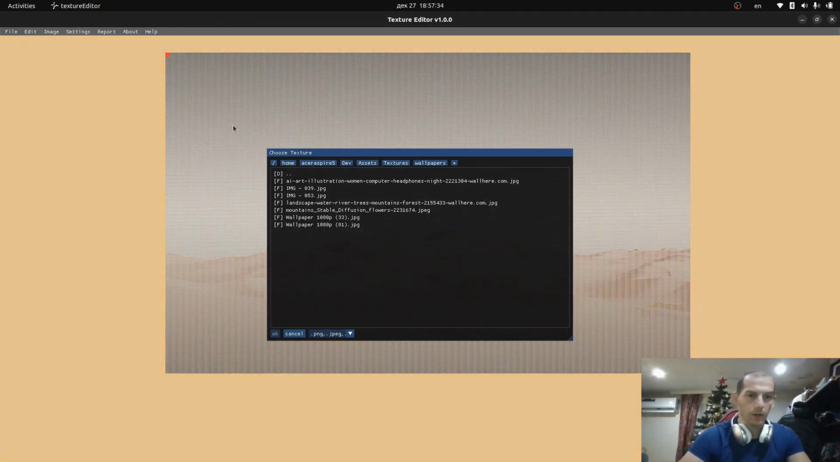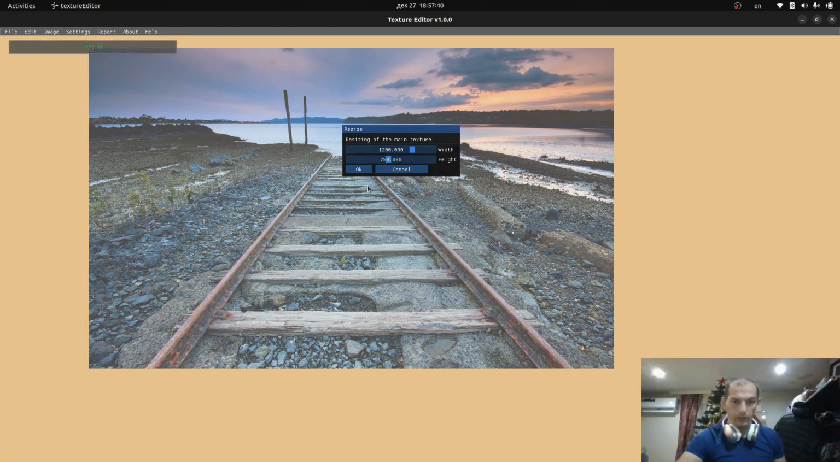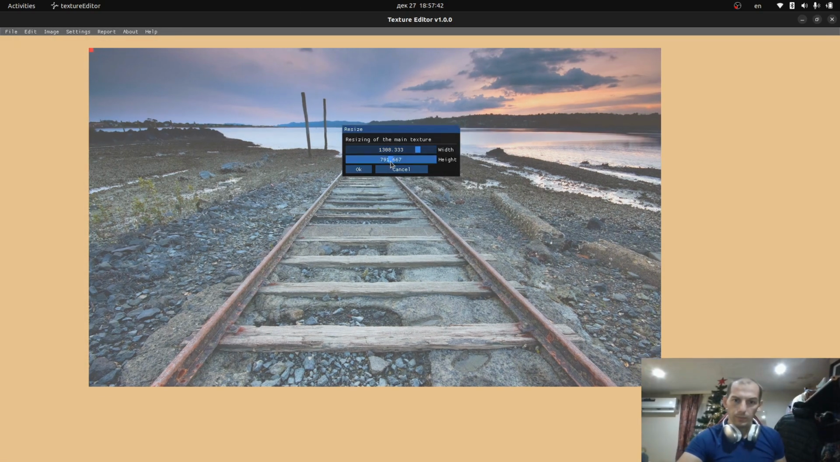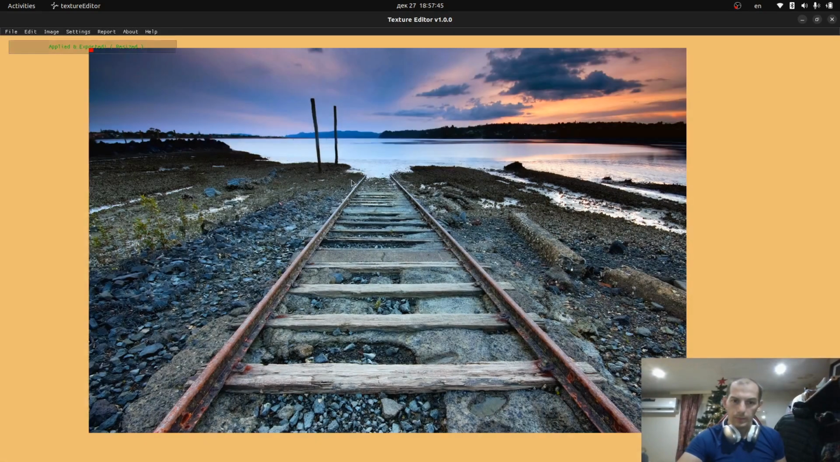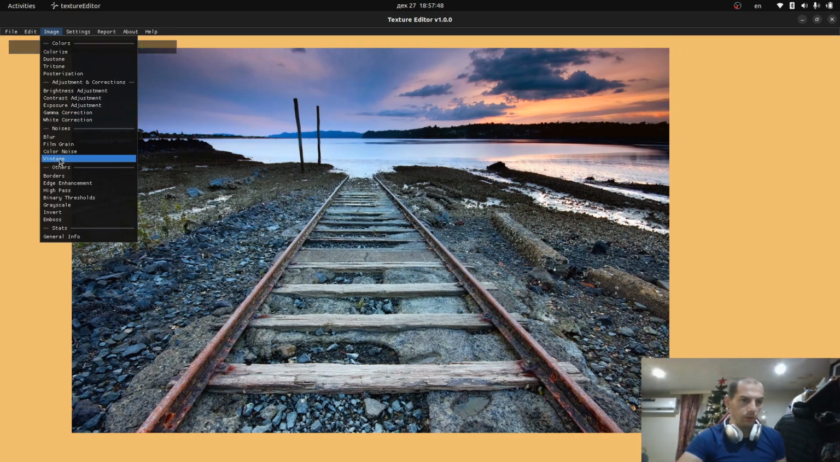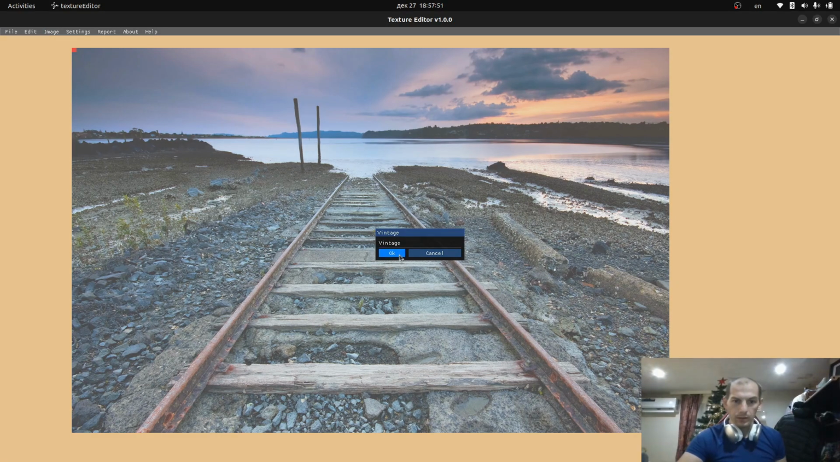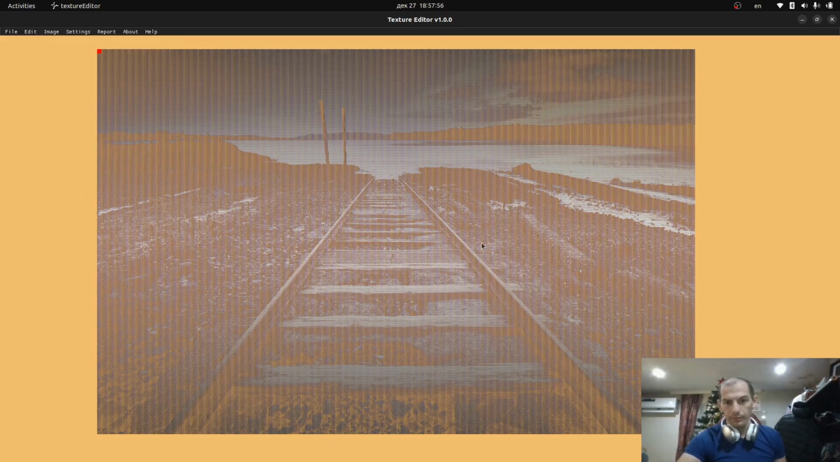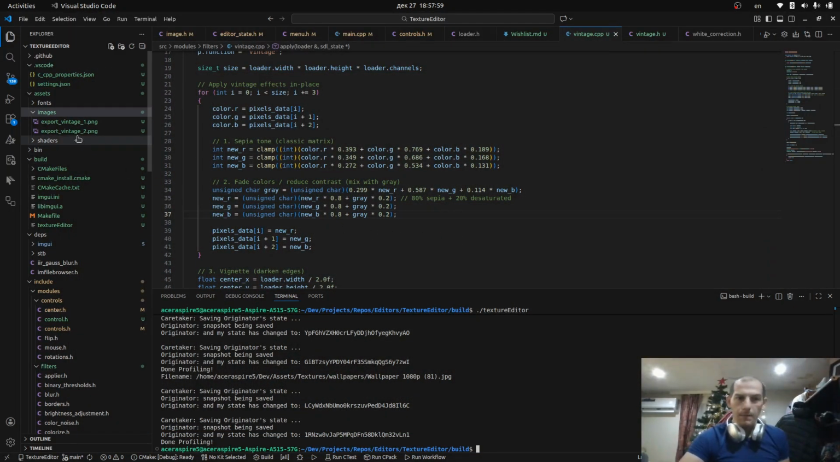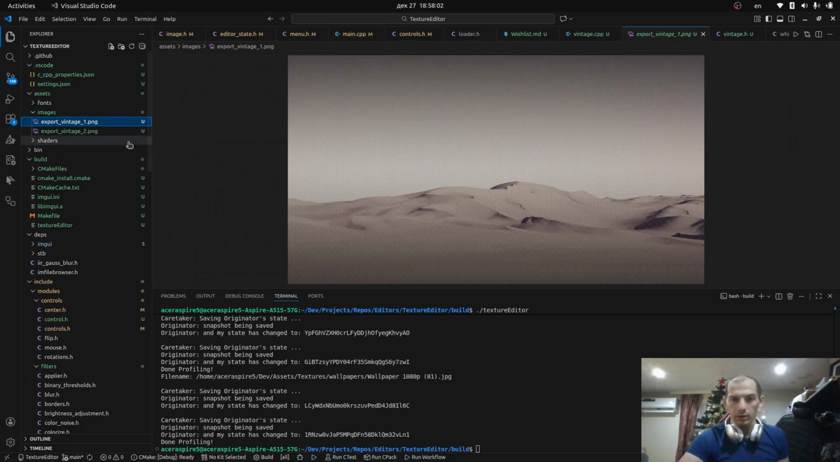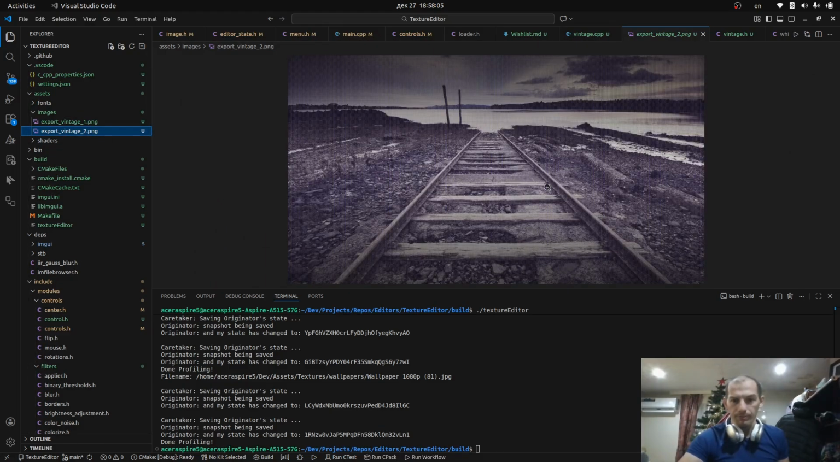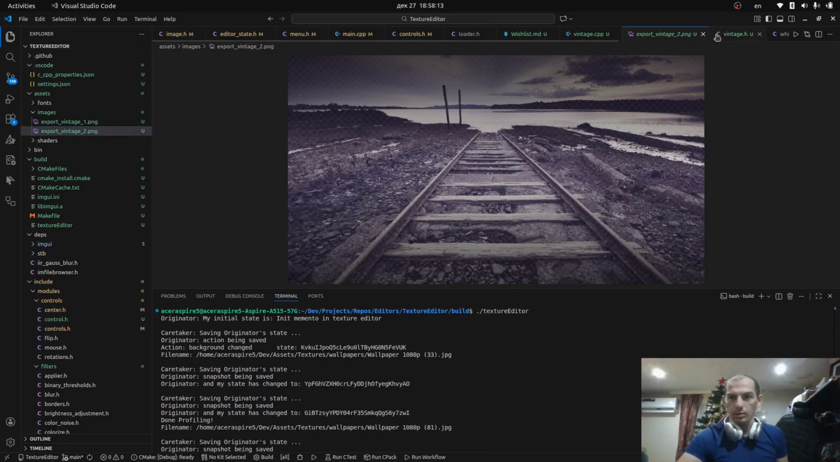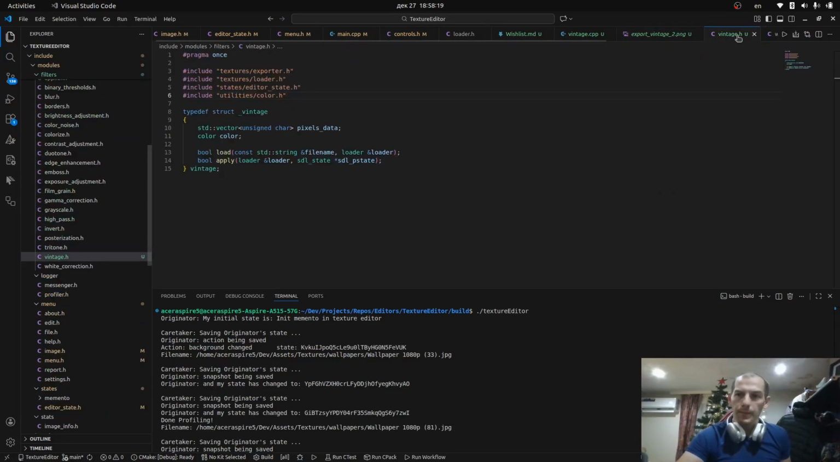So let's load another picture, another wallpaper. Let's resize it a bit bigger and also apply, so let's check them out here and here. So you can see there is a difference, and let me remove something that is not needed